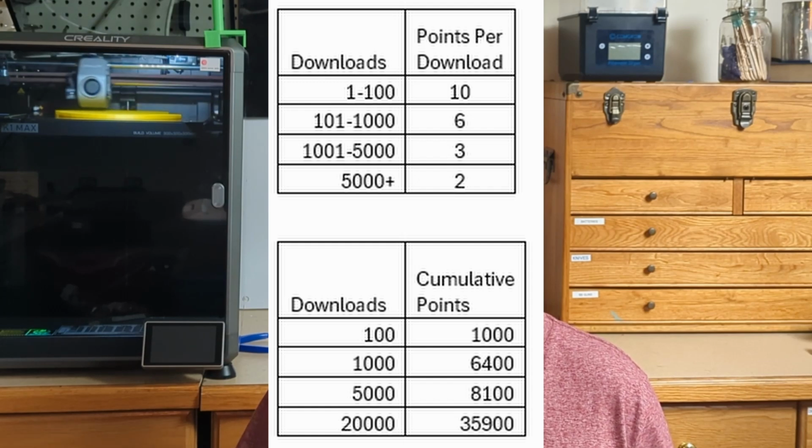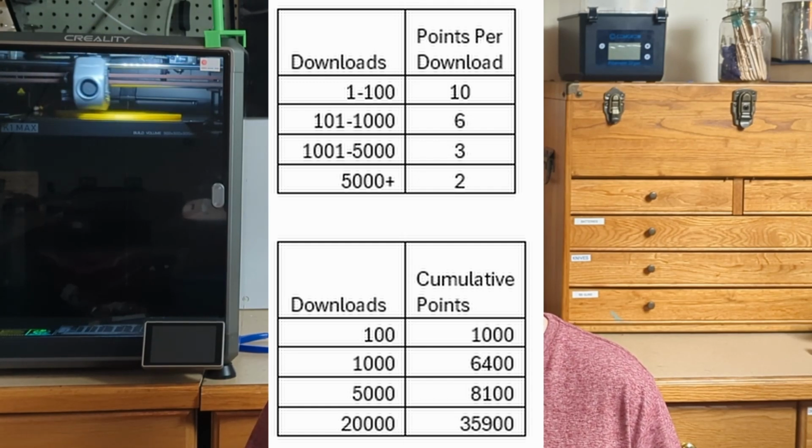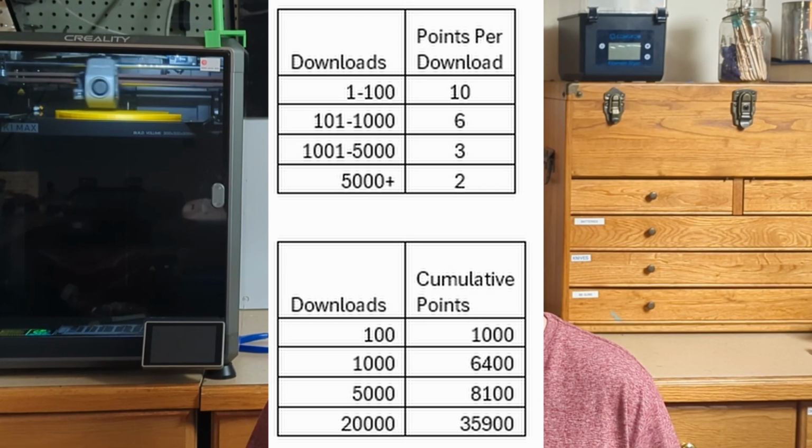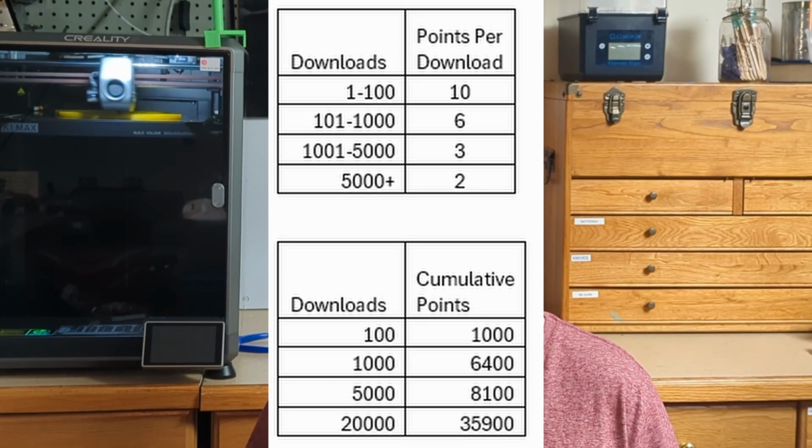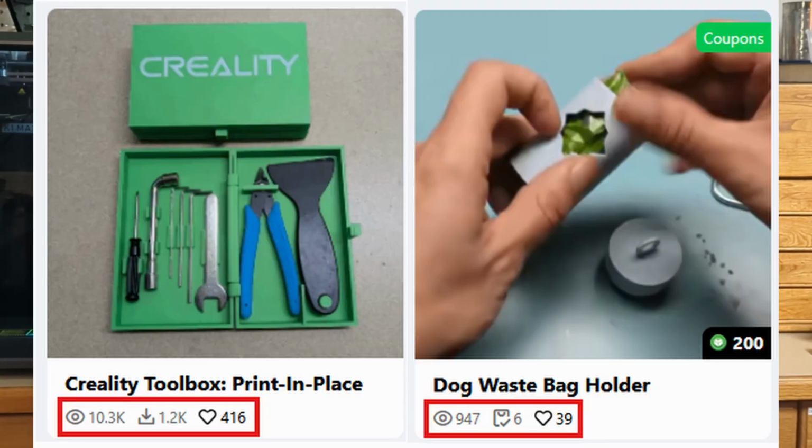That being said, here is an actual table that I put together of points per download at each tier level and a chart of how many points you would have earned at a few different download quantities. Again, remember 100 points is equal to approximately $1. So, looking at the example we saw earlier, if the free toolbox model pictured had received all of its downloads after Creality started the free model reward program, that model would have earned about 7,600 points, or the equivalent of